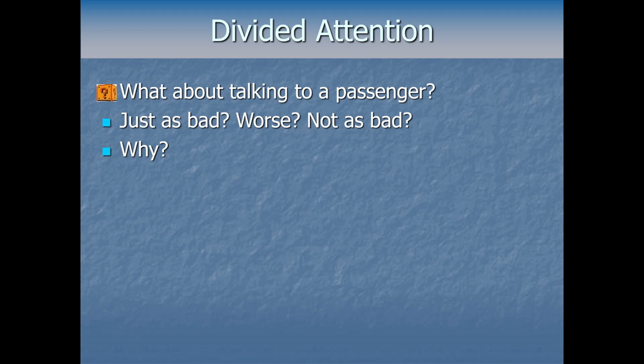Okay, so it's easy to think of reasons why it could go either way here. For example, you might expect it to be equal since it's a verbal task either way. Same type of attentional resources being used, right? Same pool. Or you might expect it to be worse because the conversation partner is physically present and thus more distracting. They're showing up in more modalities than just sound. That would make sense. Or you might expect it to be not as bad if you think, I don't know, the conversation goes differently in person versus on the phone. So we have plausible explanations for all three possibilities.